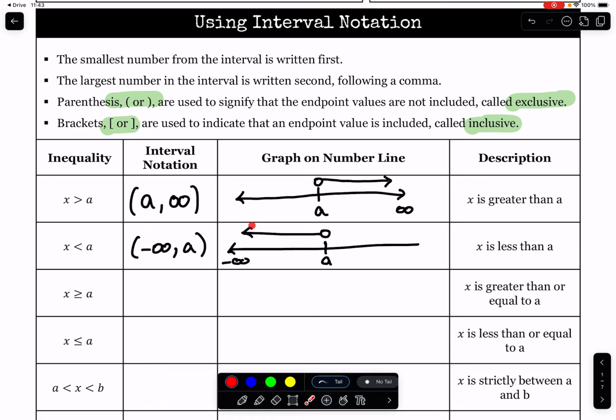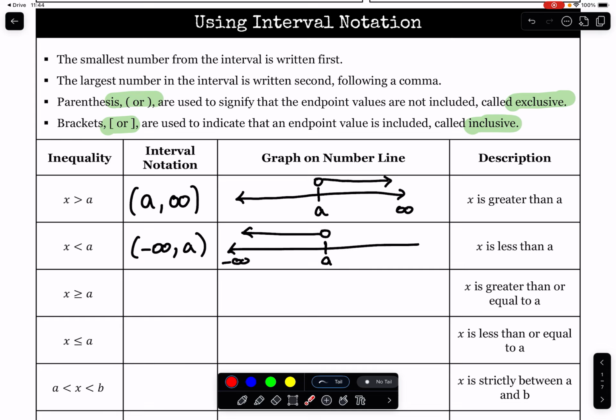All right, so don't be fooled when looking at number lines by how the arrow correlates to the interval notation. Notice that it's always from left to right, negative infinity first, then a second, even though this ray is pointing in that direction. Okay, I know in geometry we see things like the ray pointing in a direction, meaning that this is the first point and this would be the second point that we use in naming the ray,